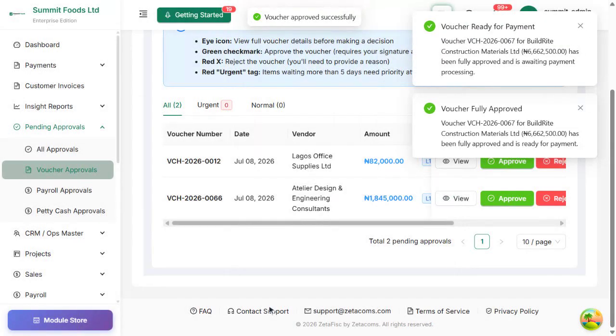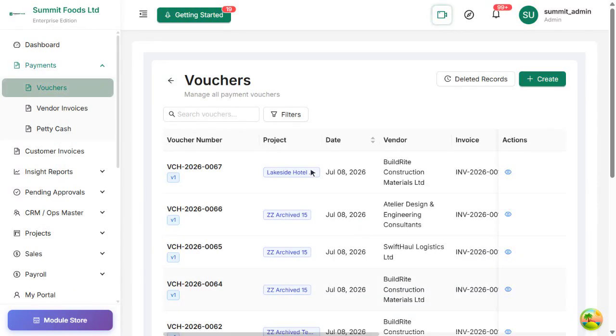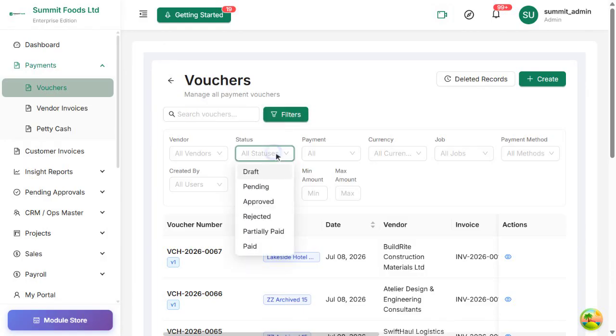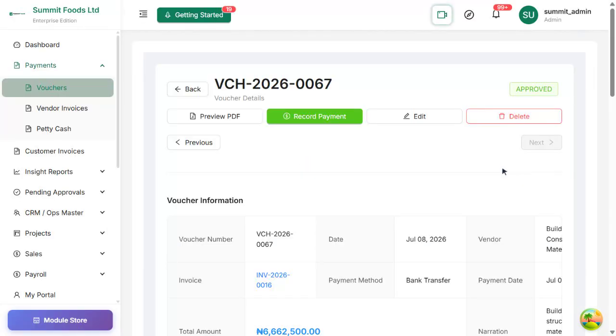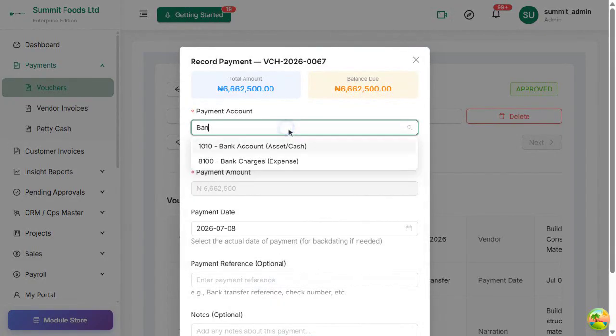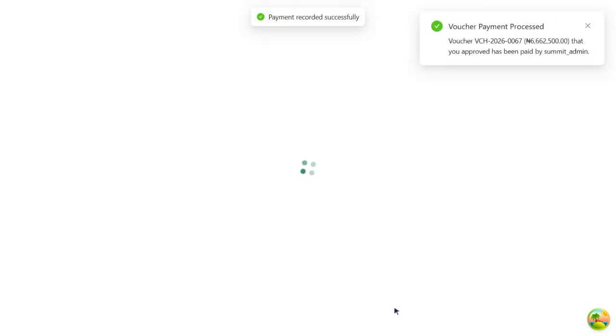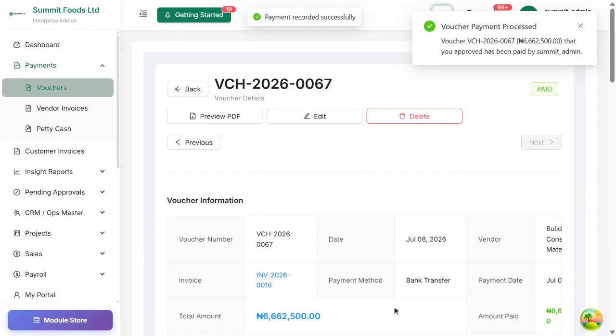Fully approved. Now the payment itself, we open the approved voucher and record the payment from our bank account. We pick the bank account the money leaves from, and confirm. Paid. The bill is settled, the voucher shows paid with a full approval and payment trail, and this cash now